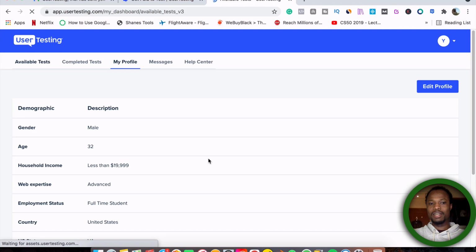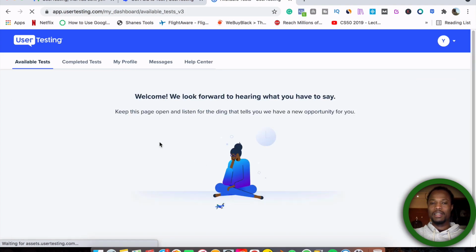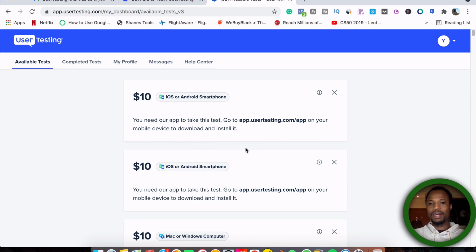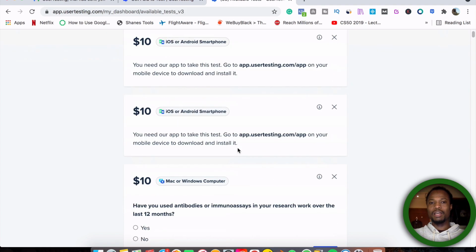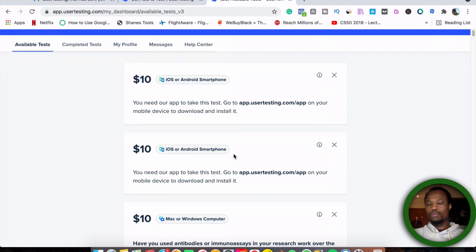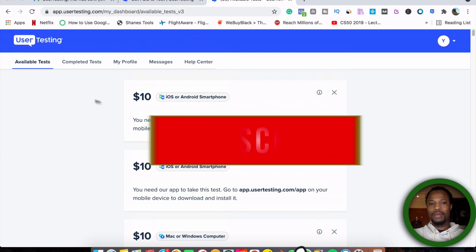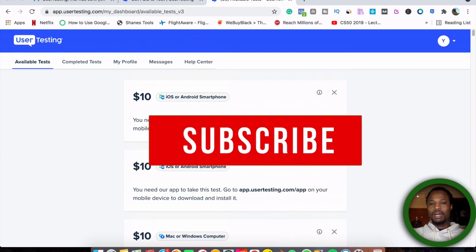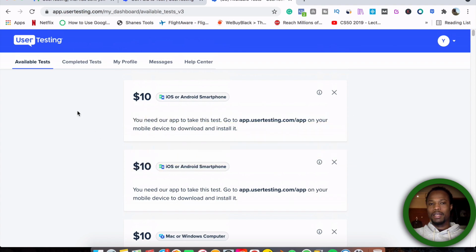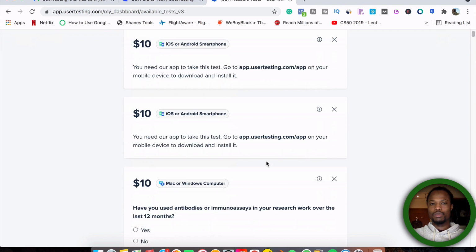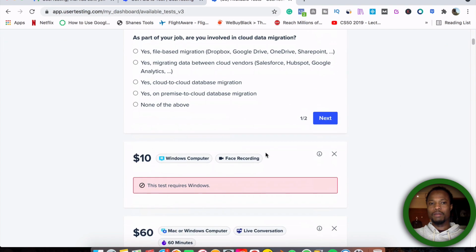So that's the little hack that you have to do here, because when I started, I just put in my two devices, my laptop and my phone, and I spent almost 2 months without getting my first test, really. So if you are also new and you just sign up and wait here, and you have just one phone, don't just use your phone, or if you have one laptop, don't just use your laptop. Go and add devices from your friend or from your family member, so that you can get more tests coming, so you can start making your $100 a day easy.